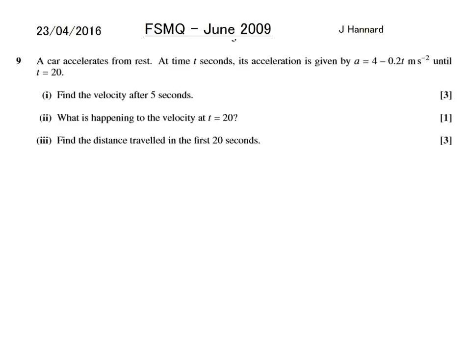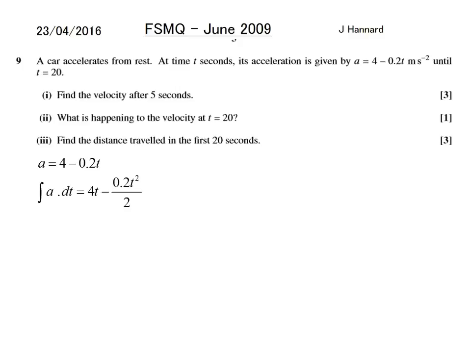Question 9. A car accelerates from rest. At time t seconds, its acceleration is given by a equals 4 minus 0.2t until t equals 20. So for the first part, find the velocity after 5 seconds. So if you remember, the relationship between acceleration and velocity is via integration. So we're going to have to integrate a with respect to t, which is 4t minus 0.2 t squared over